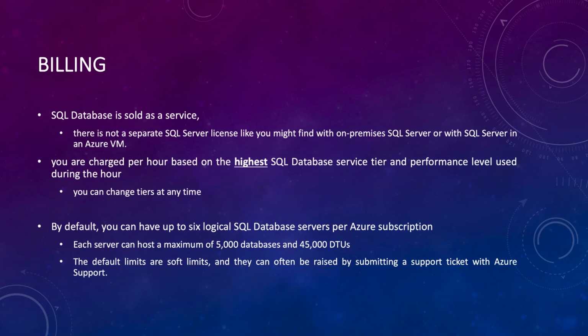For example, if you start at 3 p.m. with an S1, and at 3:20 you change that S1 to S3, you're charged the S3 rate for the entire hour. The pricing change becomes effective when the change in the tier or performance level is completed. So it may be a little bit confusing, but as long as you remember you will be charged for the highest possible rate during the amount of usage,